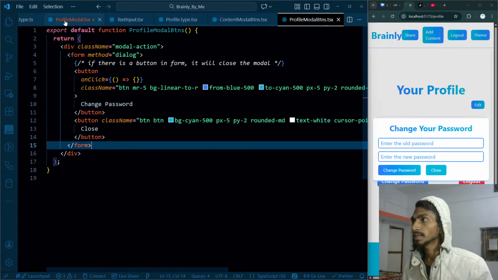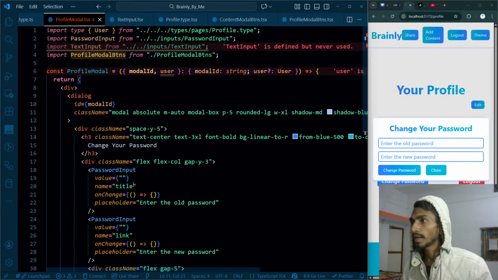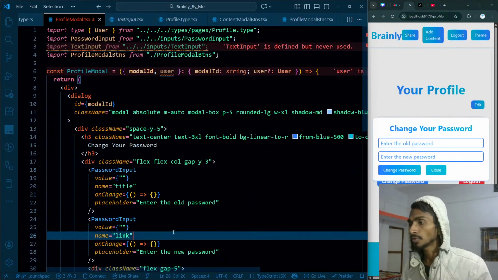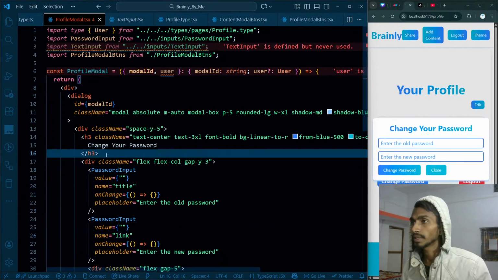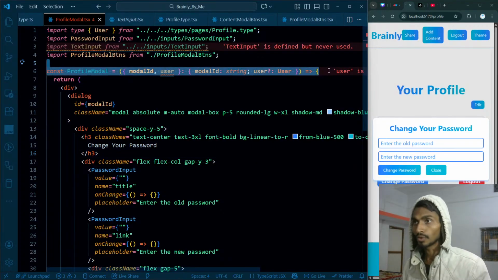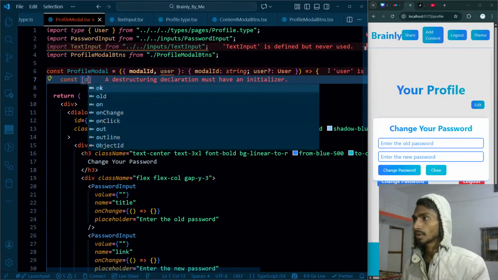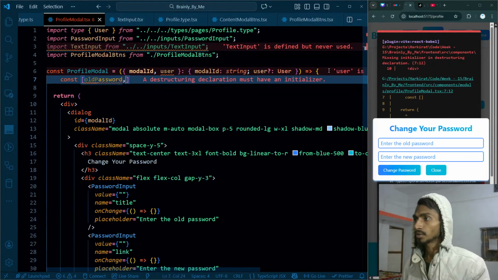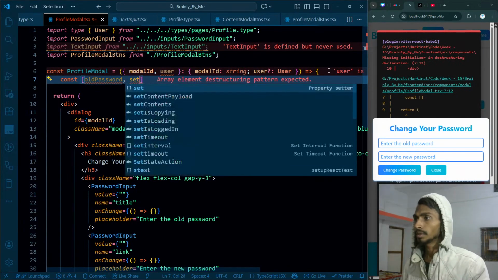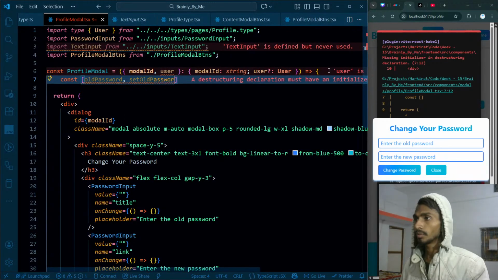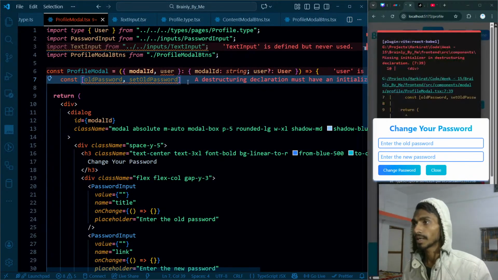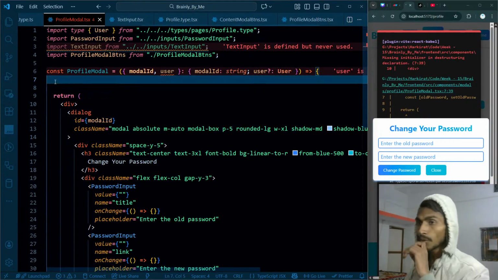As soon as this thing is done, then I have to go to my profile, and I have to get the values of these two, and then I have to check whether they are the same or not. So over here, const old password and set old password, or not like this even. How about